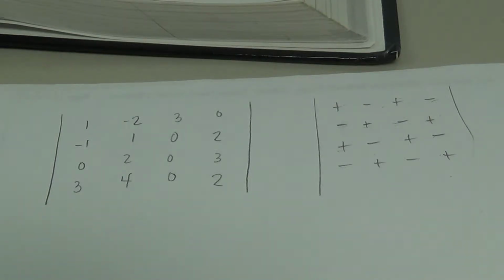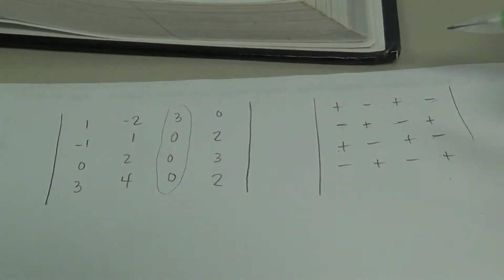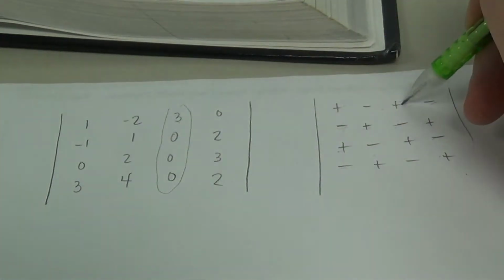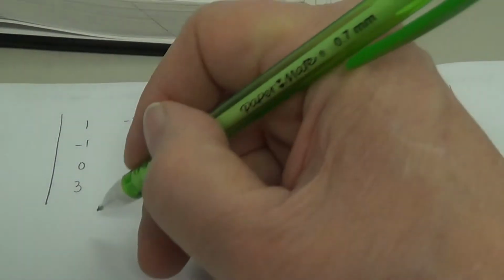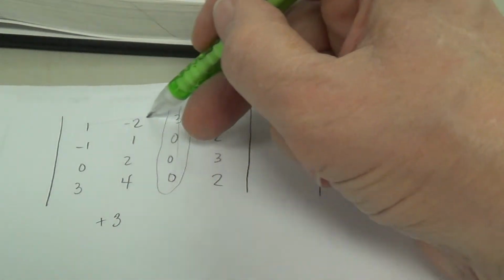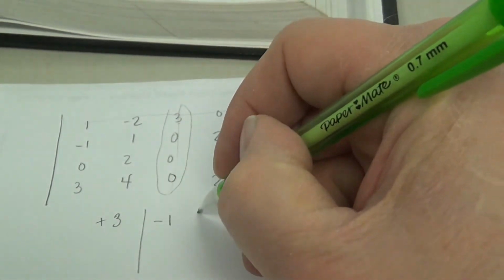It's a no-brainer on which column or row to pick, because look how many zeros are in this column. This will greatly reduce your work. So I'm going to pick that. It's associated with the plus sign, so I'm going to have plus 3. Then I'm going to eliminate the row and column that it's in, and that leaves a 3x3,